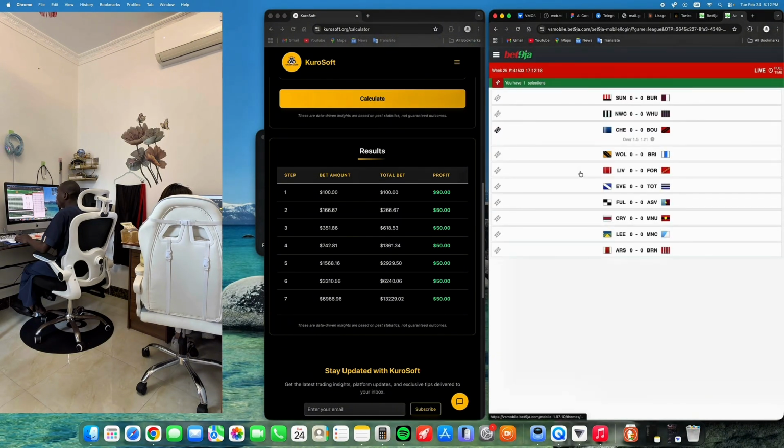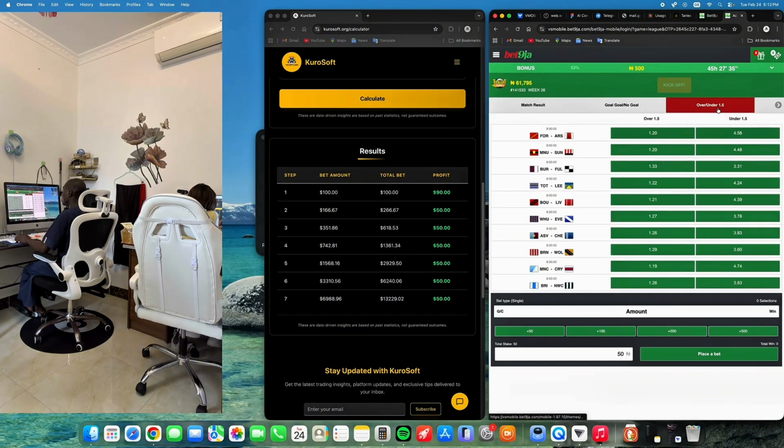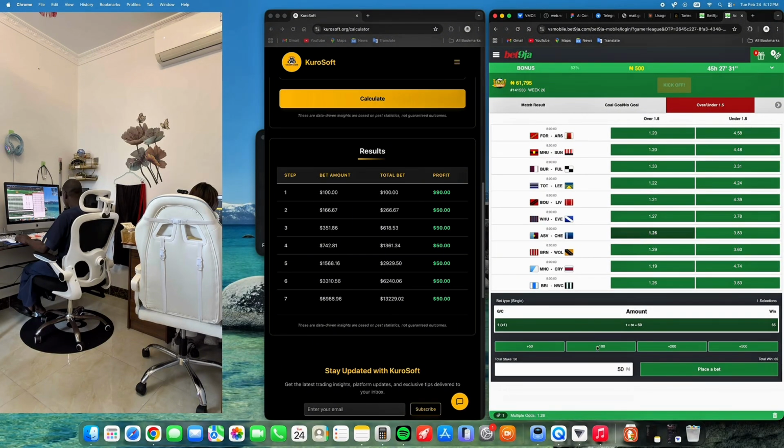So in your own case, instead of using 1.24, you can just use 1.20 or 1.21 because most of the times the average odd for mostly big teams like Chelsea that I've selected is within this range. Okay, so I'll come again. Chelsea, Chelsea. We want 255 now. So I'm going in again with 255. Now this is the last one.